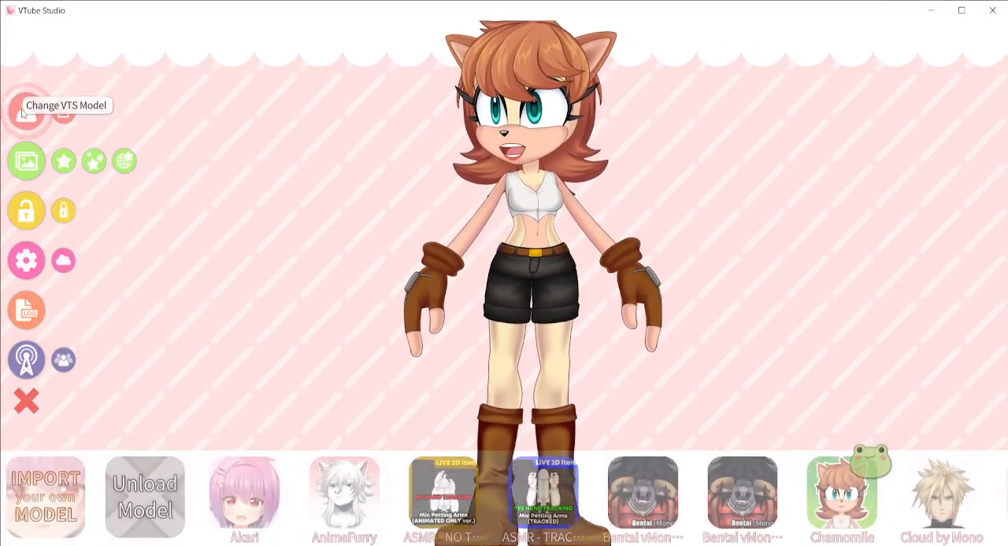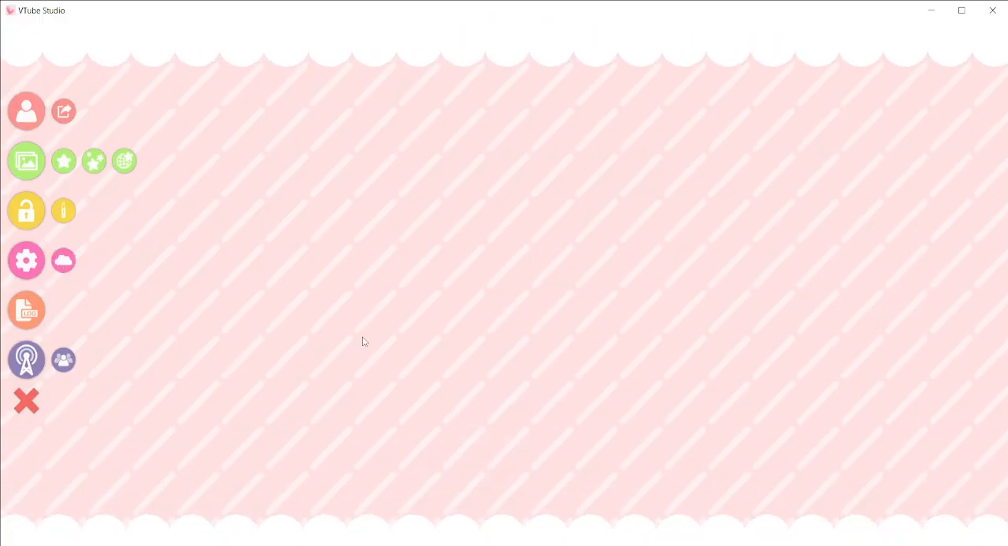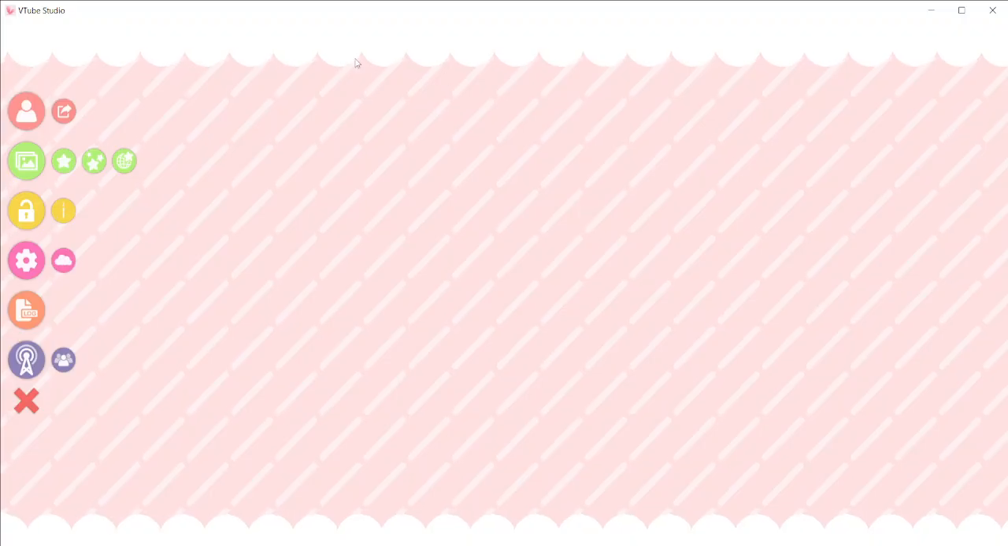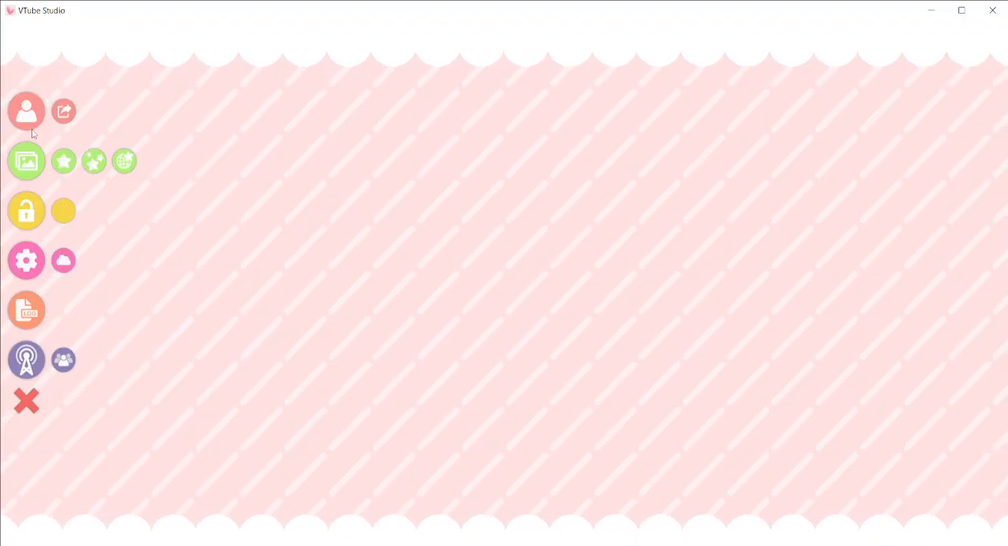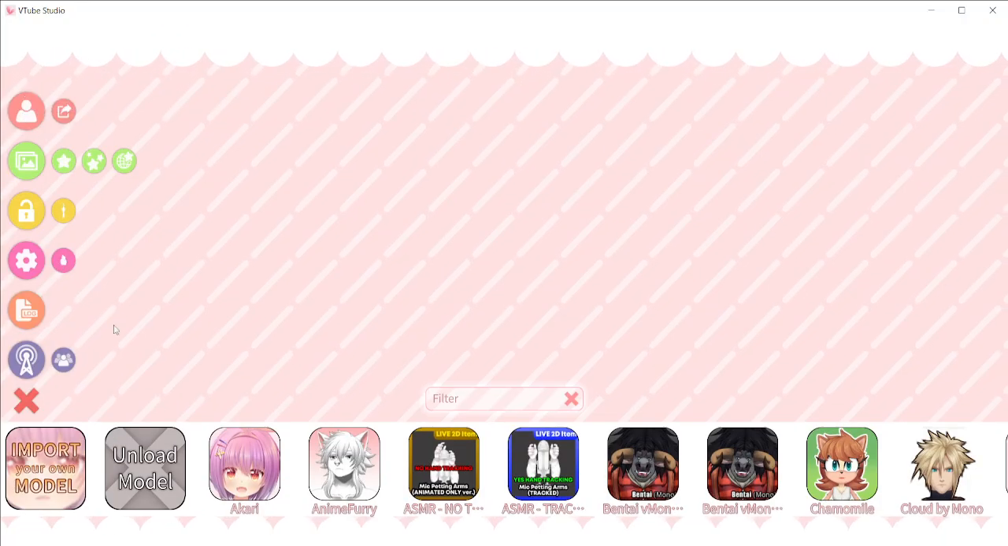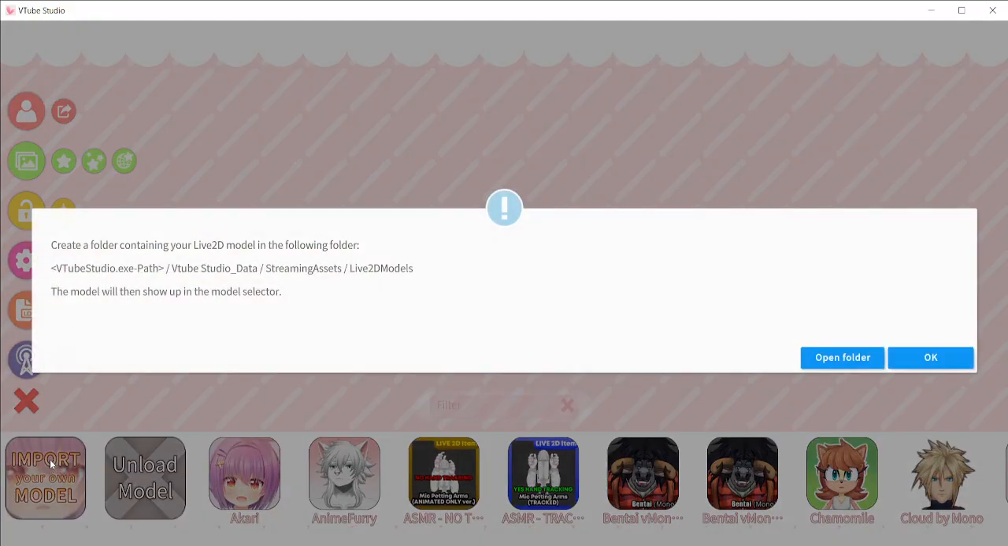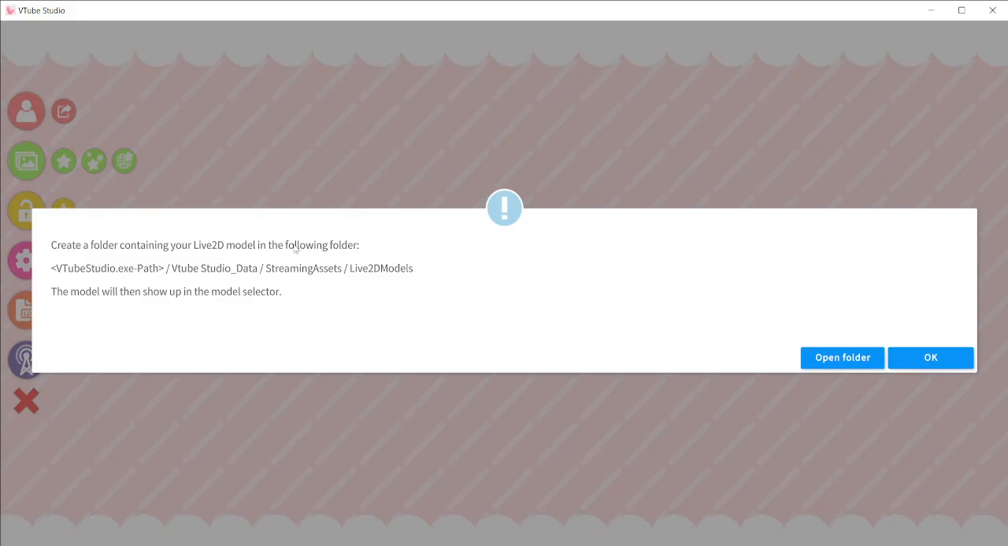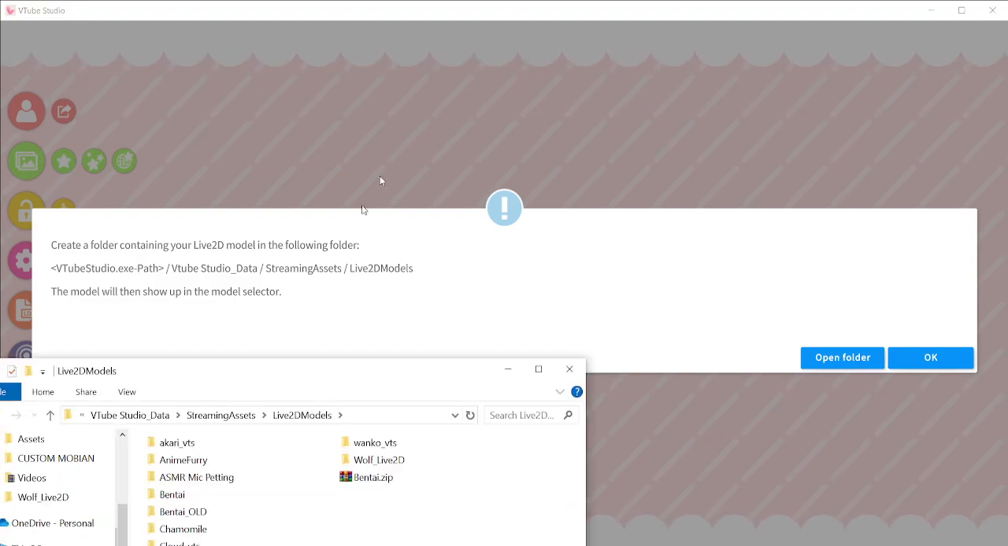I'm going to click this avatar button. I'm going to unload the model. So for you to actually physically install the model that I'll be sending you, you can click Change VTS Model, and you can click Import Your Own Model. And it's going to tell you where to install it. The fastest way to just go to that folder is to click Open Folder, and then